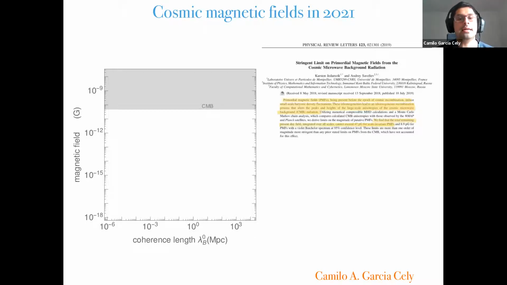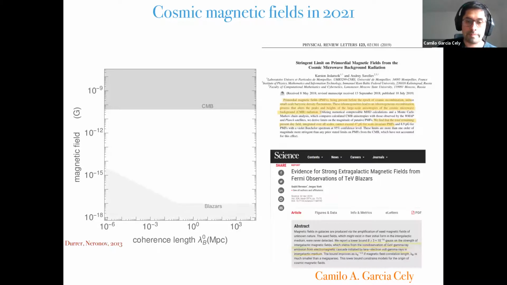The first thing is that we now have an upper limit of the order of 47 picogauss on this plane. So we have to consider the Gertsenshtein effect under the assumption that magnetic fields do not exceed this bound. And what is more interesting, and I think one of the most interesting parts of this, is that there are indications or evidence that there is actually a lower limit on this plane. And this comes from blazars. I will describe these things in a second.